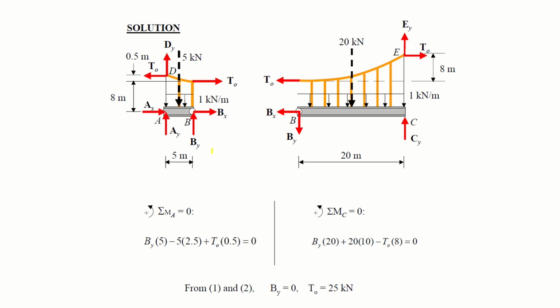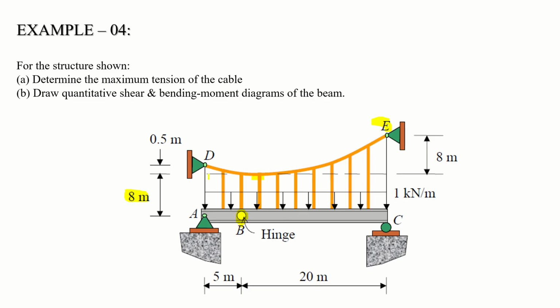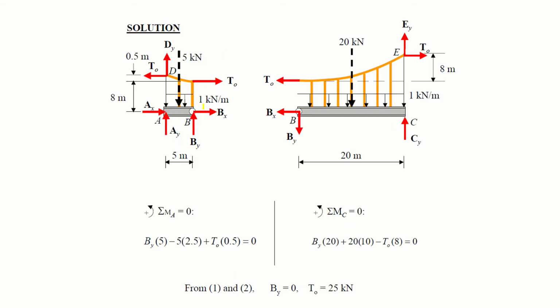So coming to the solution, the free body diagram, please keep in mind that the lowest point, or the B, this is at 5 meter from support D, and 20 meter from support E. Now this 5 meter horizontal projection with the 0.5 meter vertical projection, using 1 kilonewton per meter and multiplying it with 5 meter, gives you a 5 kilonewton force acting at this segment, right? Now the unknowns are Dy